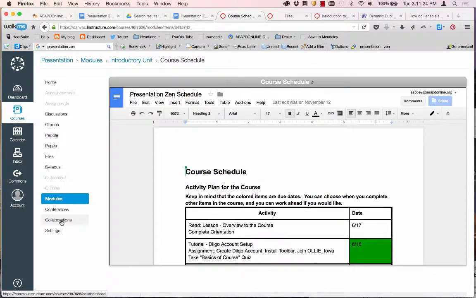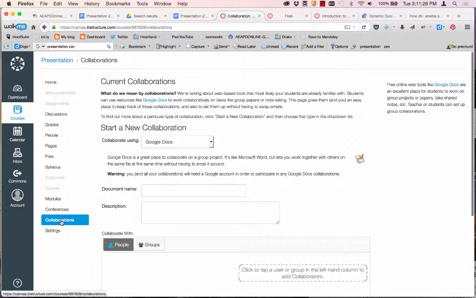One thing that they do, which I think is really neat, is this collaborations area, which you can go to, and anybody can use this. A teacher can use it, a student can use it if they'd like. You can set up your own Google Docs collaboration. And it does tell you you need to have a Google account before you do this, which is fine. But if I were to create a document,